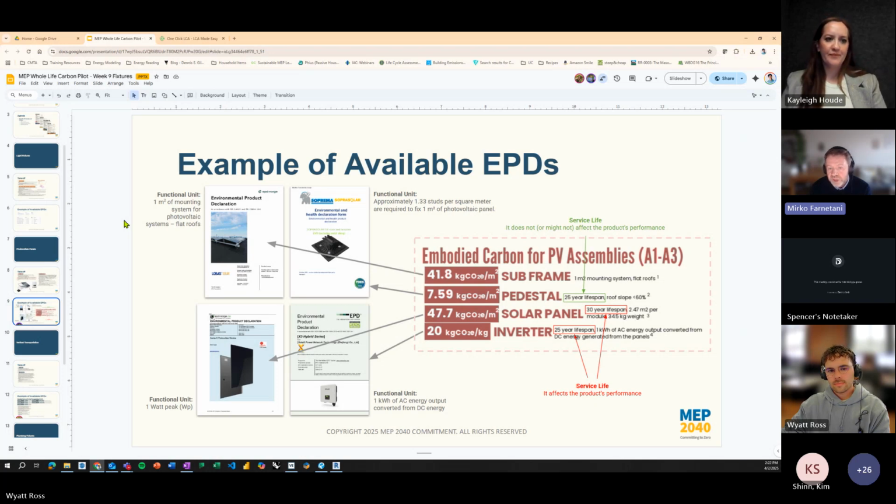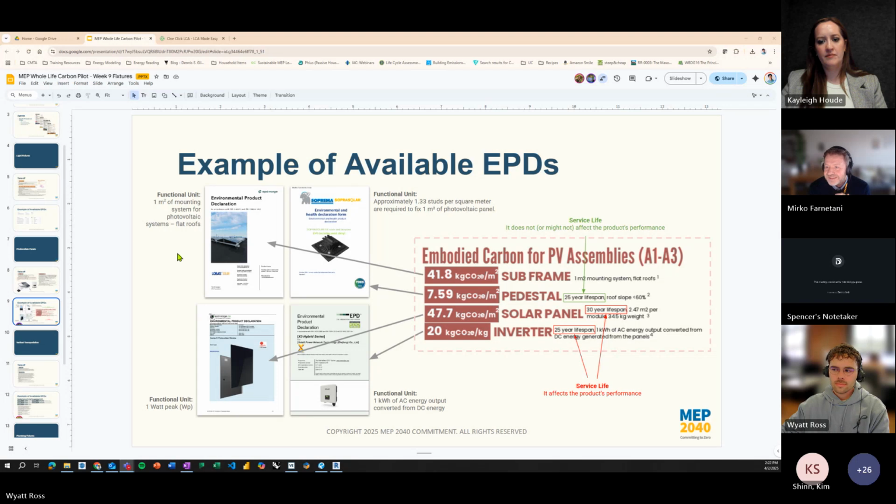For the remaining two, subframe and pedestal, this kind of service life often does not affect the performance of the item, so it could be more flexible just in case. However, if you have an electrical engineer on the team, you can ask for better information, and perhaps you can replace the EPD's information with the electrical engineer's preferences.